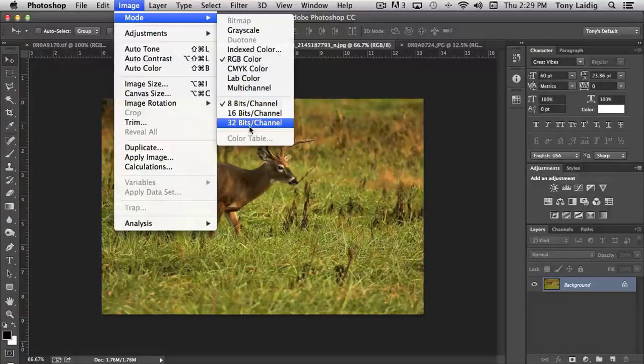There aren't many occasions where you're going to want to or need to pay attention to the bits per channel, so we're really not going to look at those or go into any detail with those. Same with lab color and multi-channel. 99% of the time you'll never use those. So the ones we're going to focus on primarily are CMYK, RGB, and grayscale, and then I'll also show you